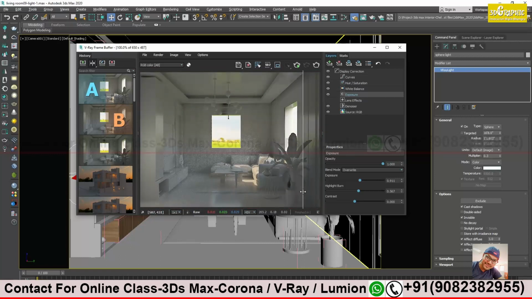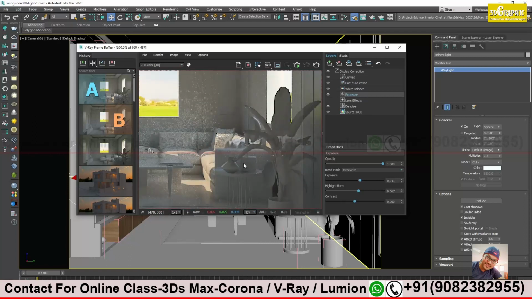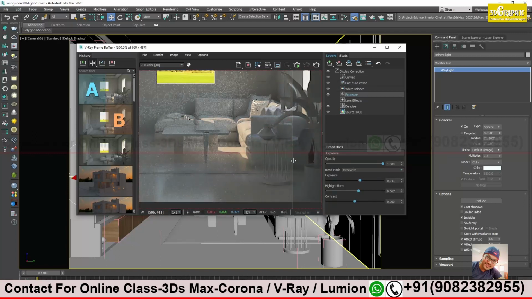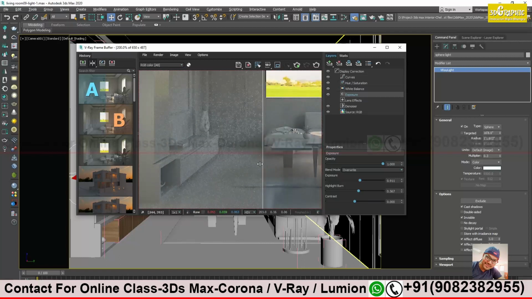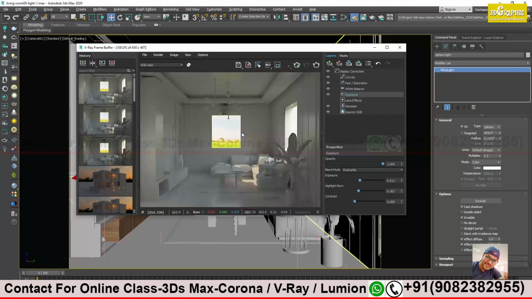You see over here also, this portion was completely dark. Now it's proper. Okay, I'm happy.